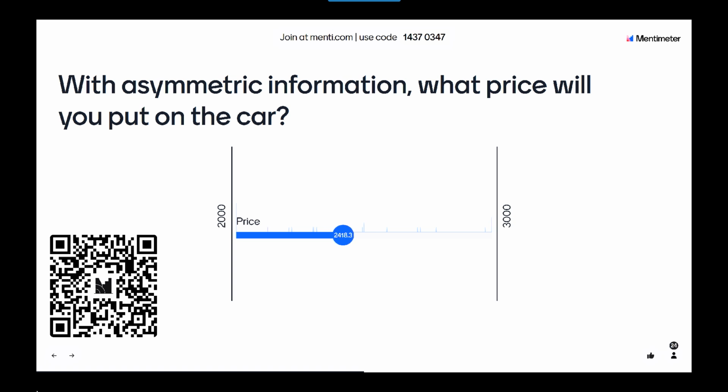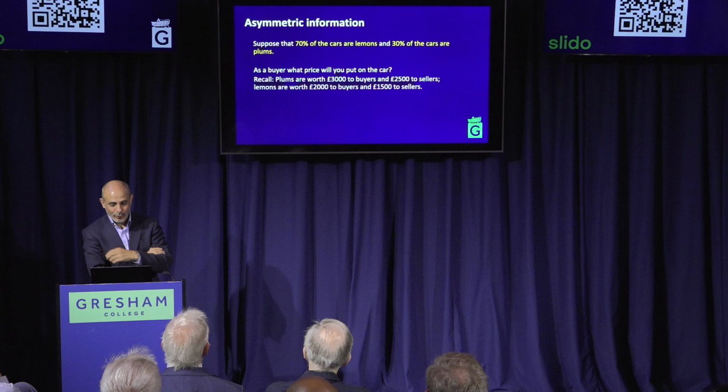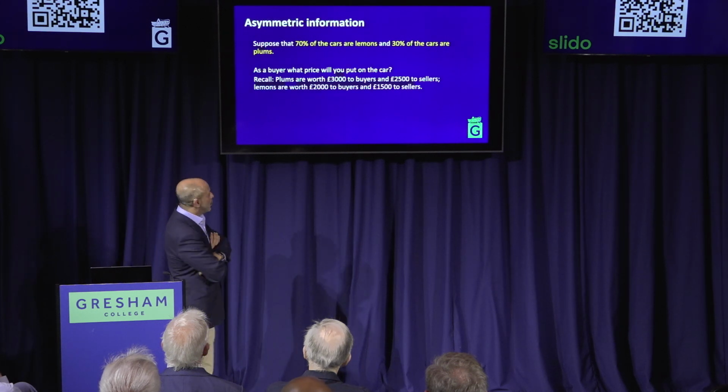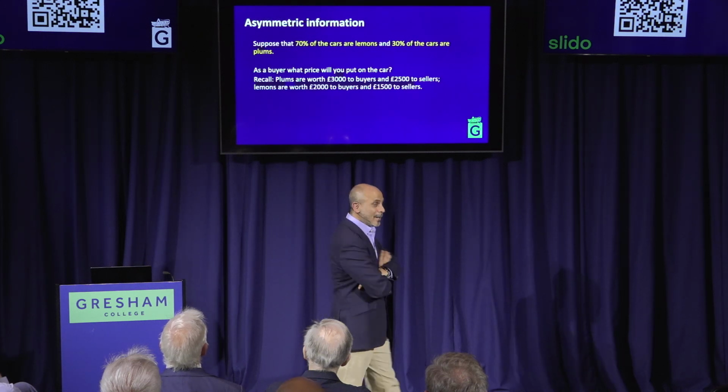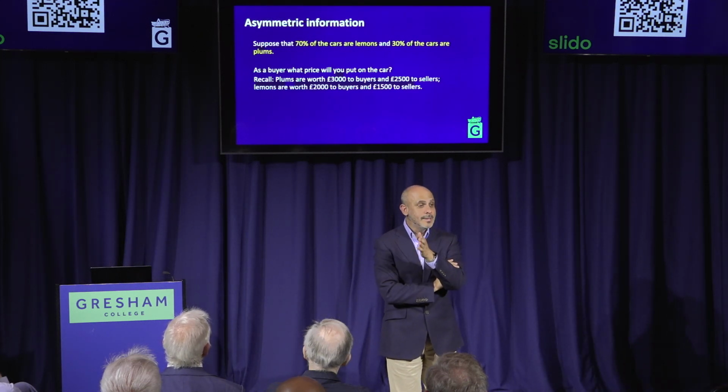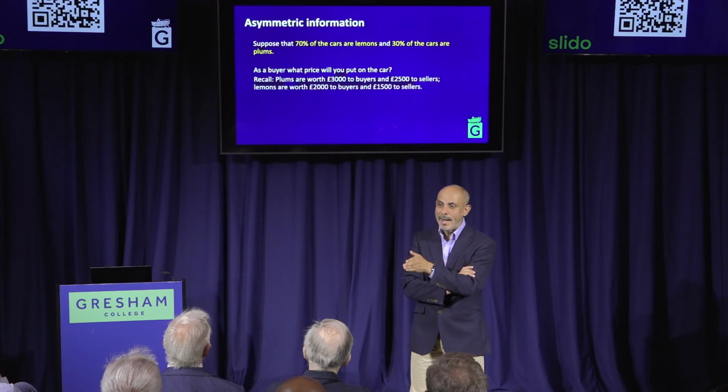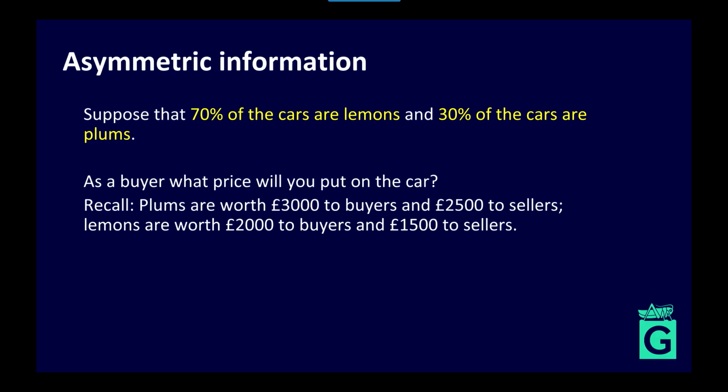Excellent. The correct price should only be 2,000, never more than 2,000. Why 2,000? Well, let's go back to the question. The plum is worth 3,000 pounds to buyers, 2,500 to sellers. But 70% of the cars are lemons, and you know this as a buyer. So what price do you bid? The rational price to bid is 70% of the lemon price times 2,000 plus 30% of the plum price, which is